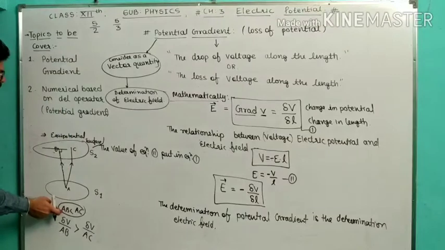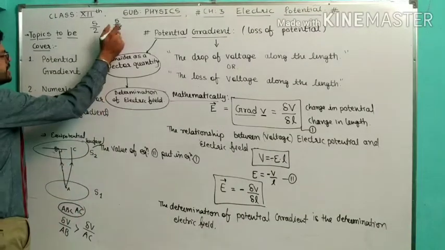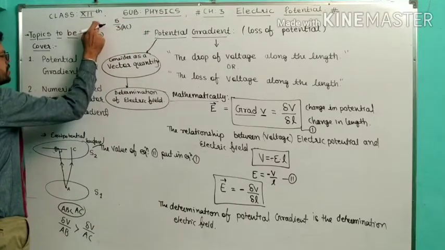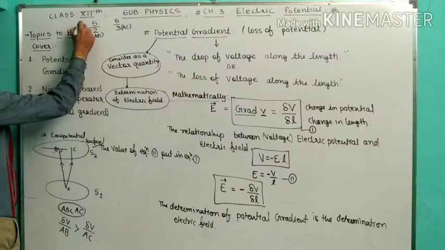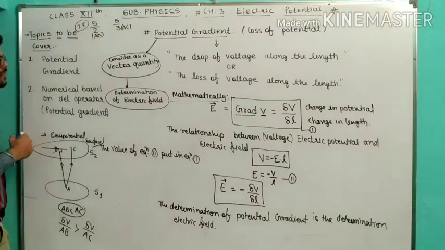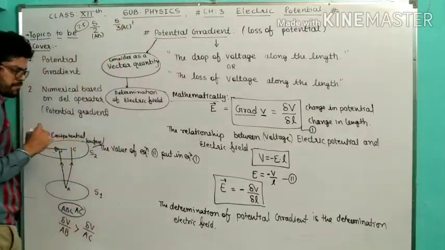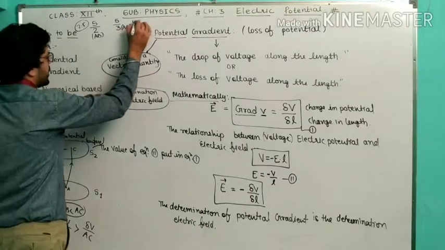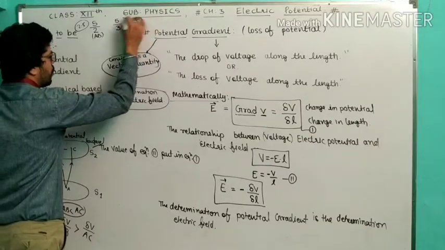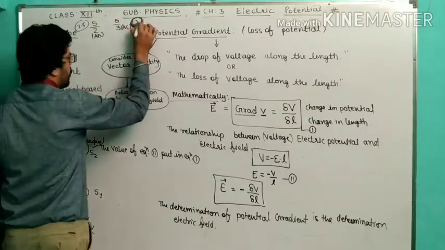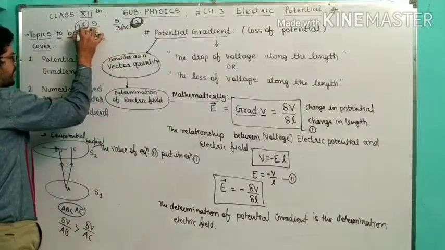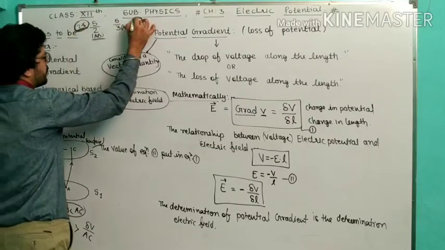See that this is AB, AB is less than AC. This is AC and this is AB. When you divide 5 by 2, the answer will be 2.5, and when you divide 5 by 3, you know the answer is 1 point something, or 1.3 something. So you will notice that here the potential gradient, that is the potential loss, is 1.3 and is 2.5. So AB is desiring to what? Minimize the loss. We have the maximum value here and the minimum value here.